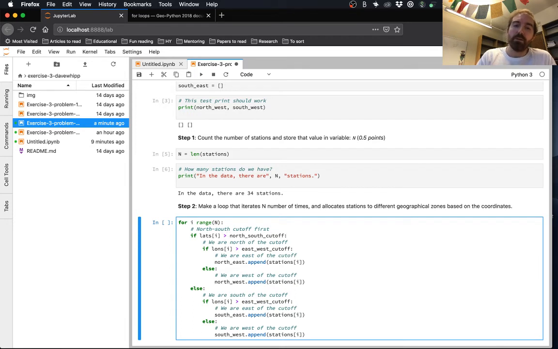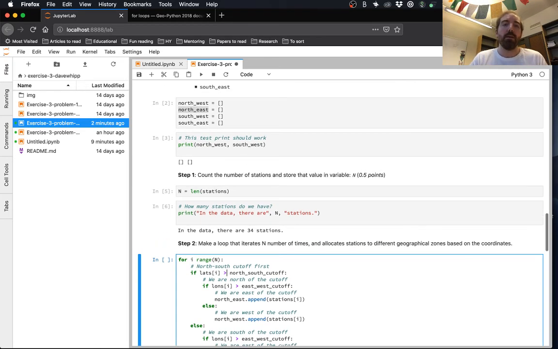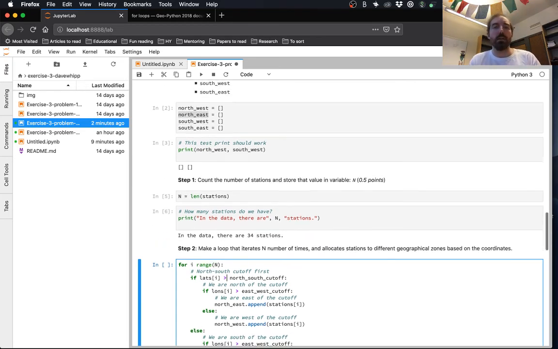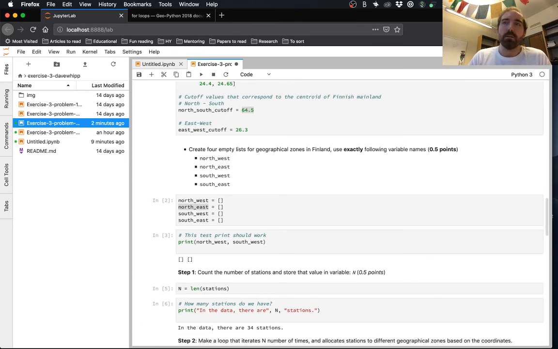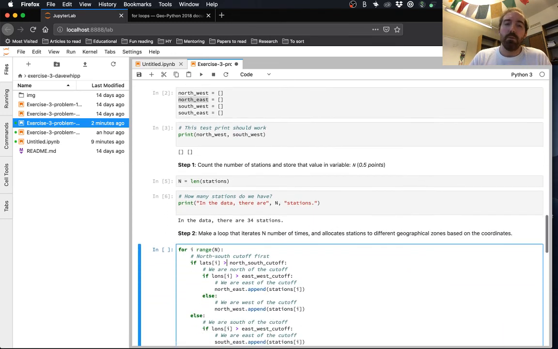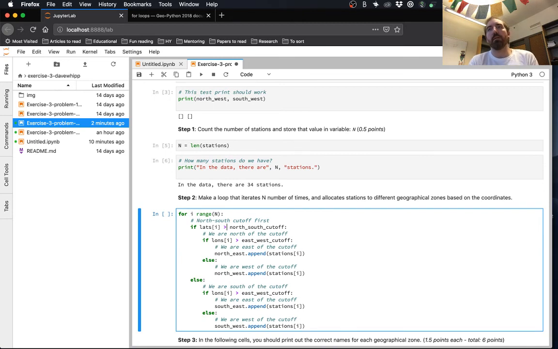If you said the latitude has to be greater than the north-south cutoff, that station's not seen as being in the north because its latitude is not greater than 64.5. It's equal to 64.5, which means it gets classified as a station in the south. As far as I understood from some of the feedback in Slack, this did come up in some cases, that people had different numbers of values in their lists because of this exact issue.